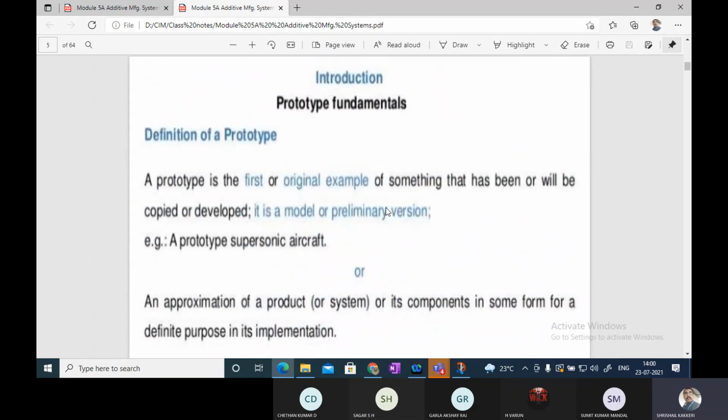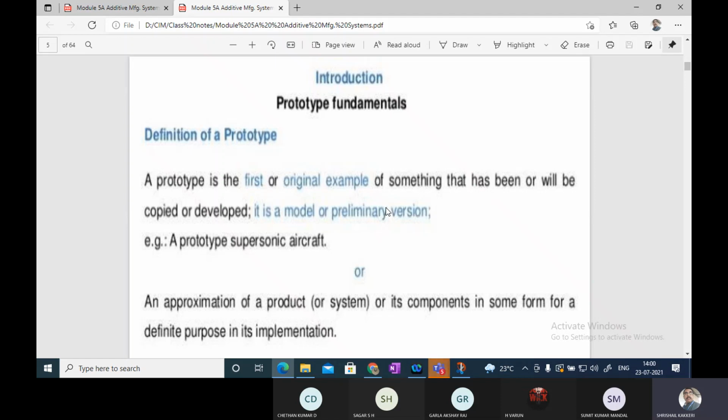And basically, by definition, it is a very simple way. It is the primary method of preparing models or a prototype, okay, which are essentially required for very complicated shapes. Any shapes are required, or you are going to do some kind of model testing, it will be very difficult to build these models by using the actual material. And even if you want to, the machining cost will be increased because it will be very highly accurate.